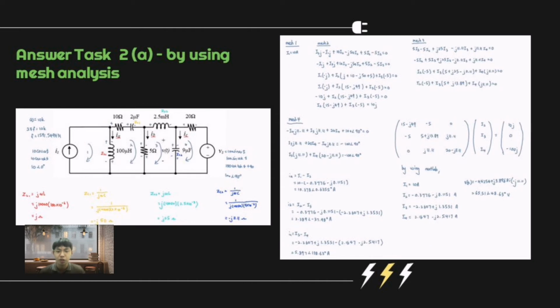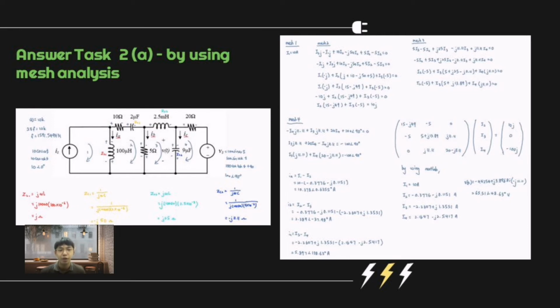Same thing, we convert all the inductors and the capacitors into impedance form, and then we use mesh analysis. The first mesh is actually the IS value, which is in amperes, because according to mesh analysis, whenever there is a current value shown in the mesh, that's the value we use for that loop. Then we form our second, third, and fourth mesh. Once we have all 4 mesh equations, since the first mesh with I1 already has the value, which is 10 amperes,